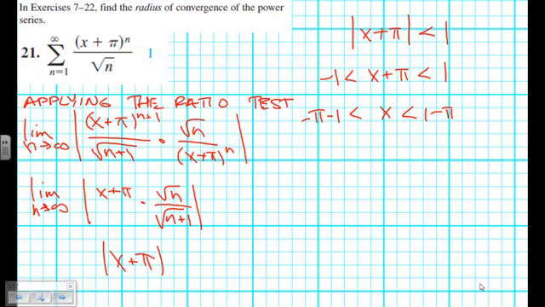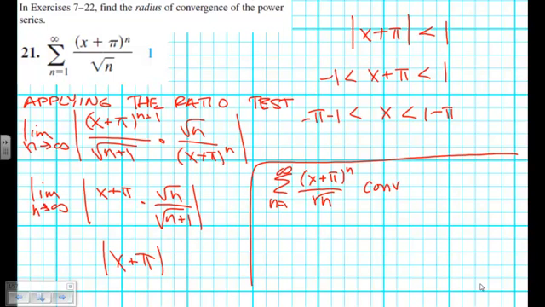So to summarize, this series converges when x is between these values, negative 1 minus pi and positive 1 minus pi, by the ratio test. Therefore, the radius of convergence equals